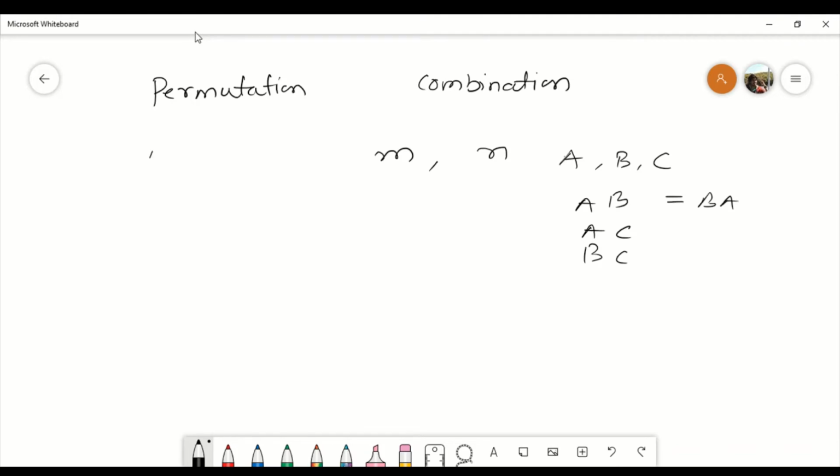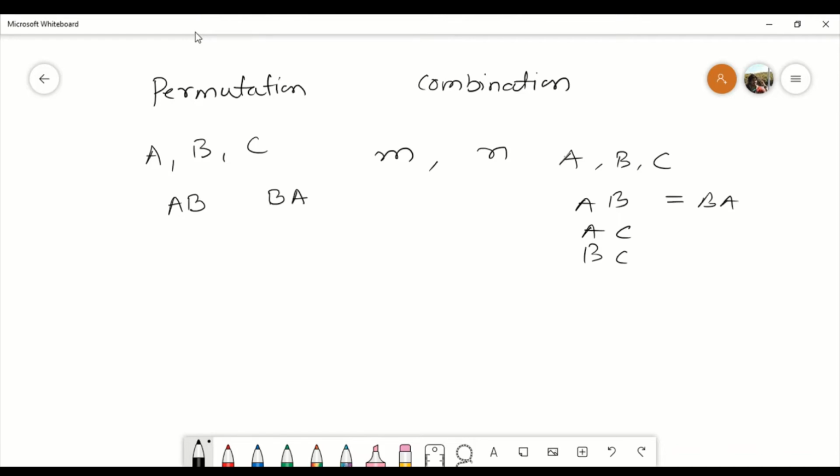For the same example, let's say if I had three characters, and the question asked that from these three letters, how many two-letter words can be formed, right? So in that case, AB and BA are actually two different things. So in this case, the order matters, but in the earlier case, it didn't matter because this was just a selection question. This was an arrangement question.